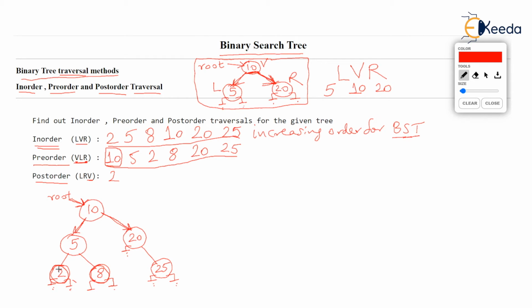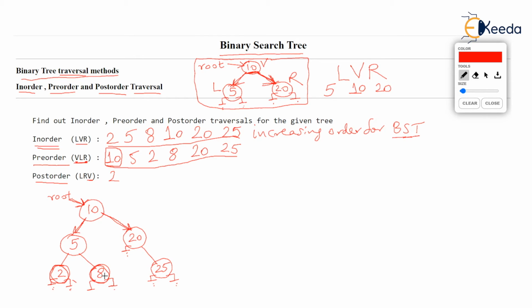Now you can see for 2, we have finished L, left was null. We have finished right, R was null, and we have finished printing the vertex. So we will backtrack to 5 because we came to 2 via 5. We still can't print the vertex because after we have finished with left, we should first finish with right of 5. So we are at 8. And before we print 8, we should deal with left and right. But left and right, L and R, are null. So LRV is the rule.